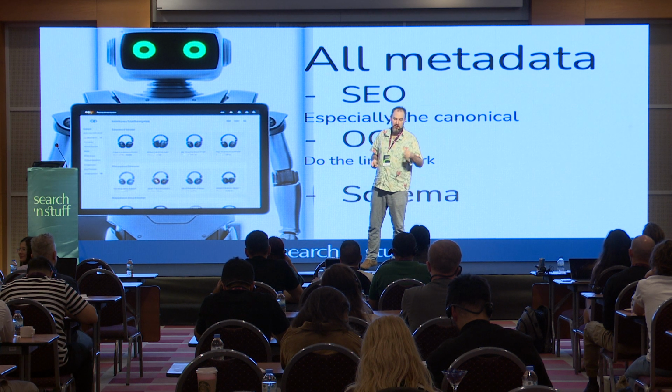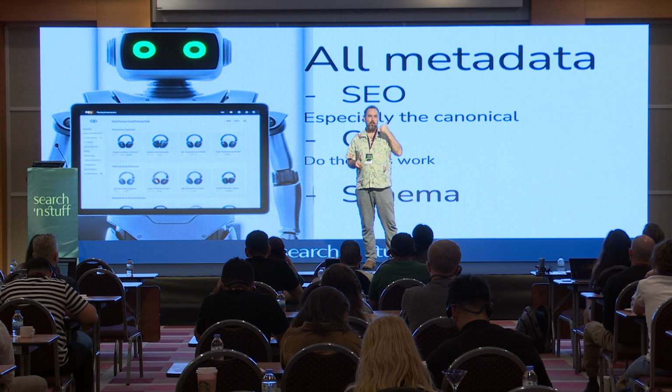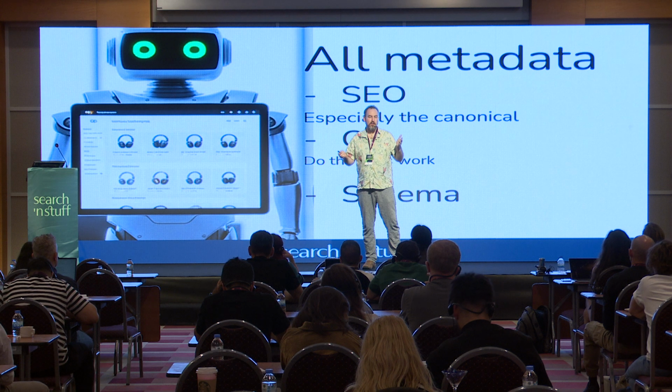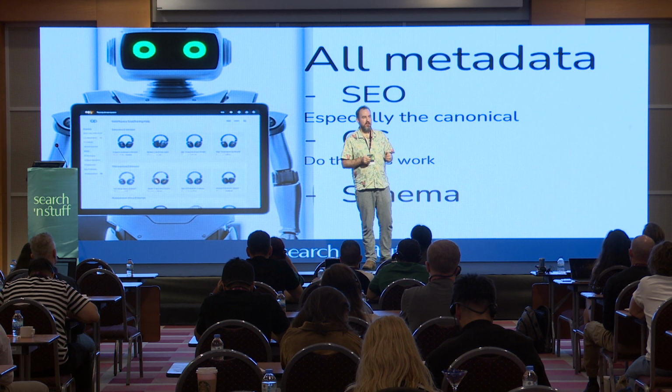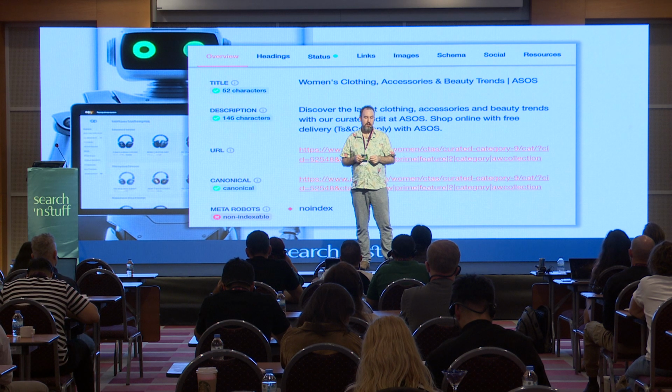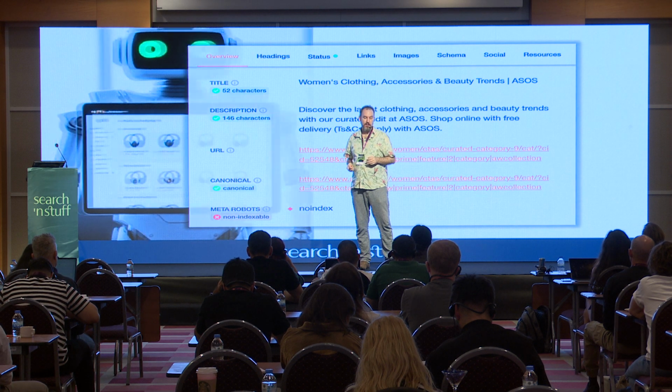All the metadata, SEO, especially the canonical tag. The canonical tag is the one tag that I think I find more problems with than anything else. I've often found that the canonical tag is just something which is either badly implemented or there's hacks or something. And yeah, if you make sure that there's no risks in that, it's good. Again, Christina's plugin, use that across it.